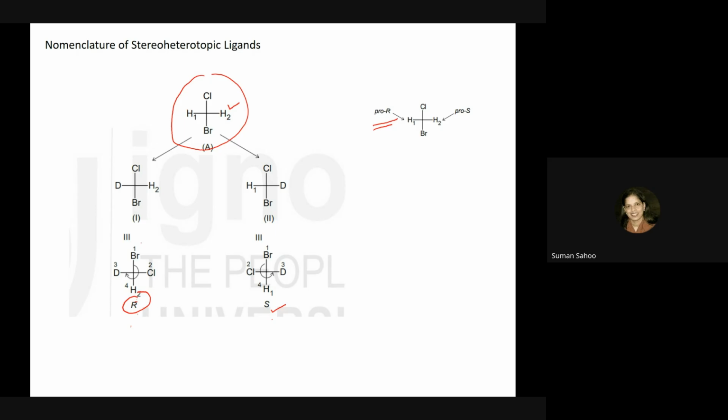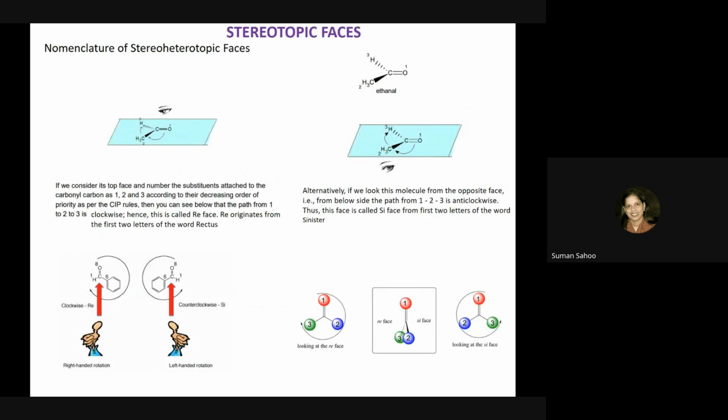As we have stereotopic ligands, similarly we can have stereotopic faces, mostly in the case of double bonds. Our carbonyl compounds are trigonal planar. We can view them from above the plane, that is one face, and we can view them from below the plane. So there are two faces: one is above the plane, one is below the plane. How do you name it? If you see it from above the plane, this up face, and you trace the path from 1 to 2 to 3,